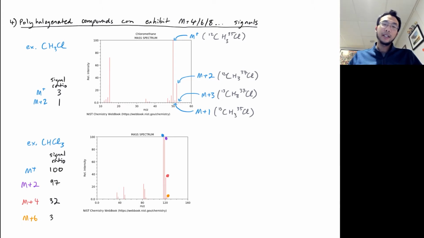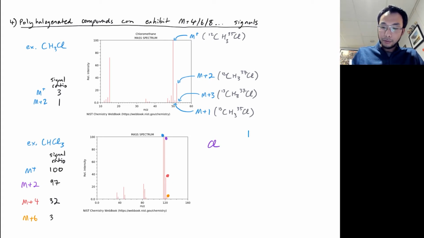So I'm going to take a minute here to show you how to calculate these signal ratios. The idea is to start off assuming you have just one signal and then to start to divide that up based on the ratio that's expected for the atom. So let's say I have a single